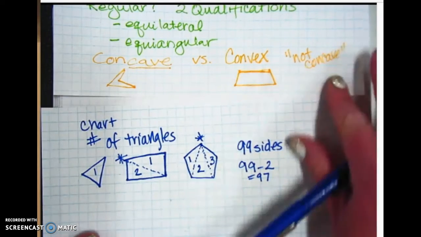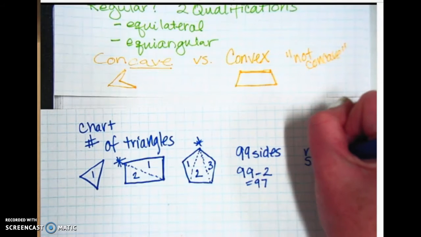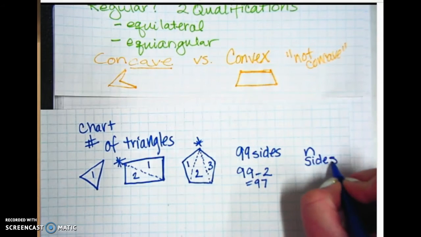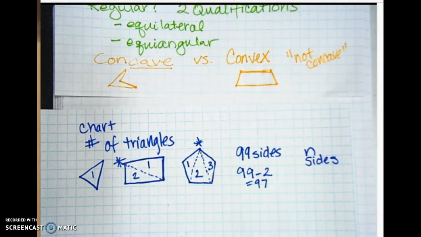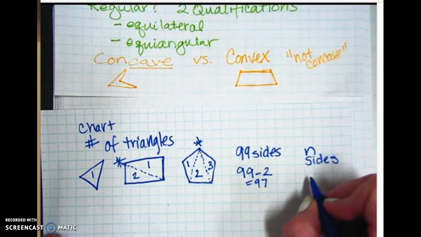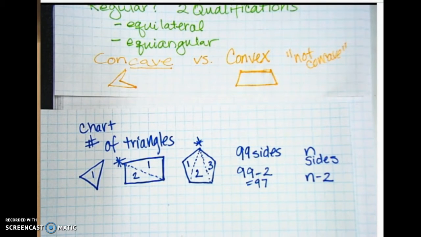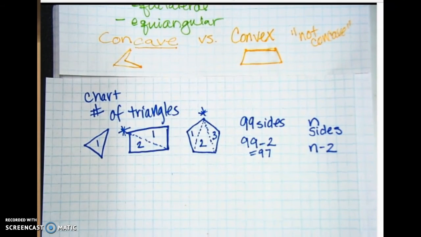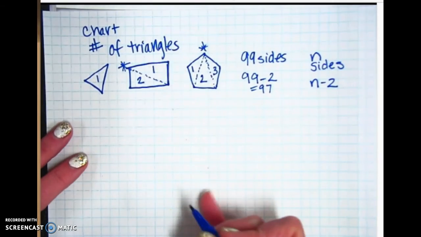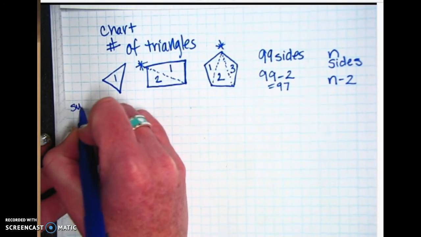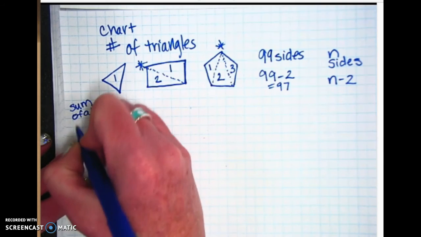Okay? So the next one we're going to call an n-sided polygon. It has n number of sides. Okay, that just means you pick any number. It could be a 1,000,005-sided polygon. The pattern is basically going to be whatever that number is, you're just going to subtract 2 from it. Okay, so if they give you some weird number like 37, how many triangles is it going to have? 35. Okay. All right. So now that we figured out how to get how many triangles you have in a polygon, we want to know what is the sum of all the interior